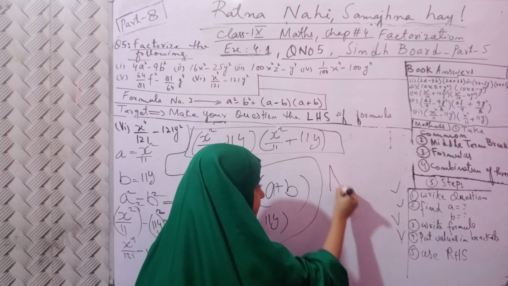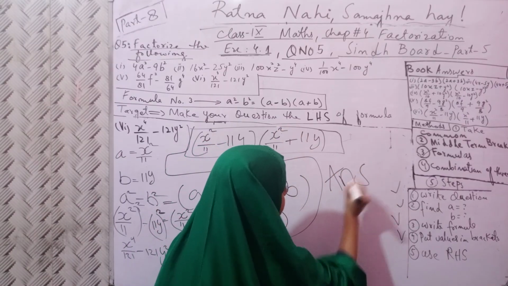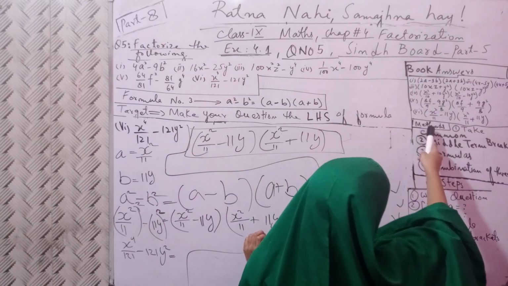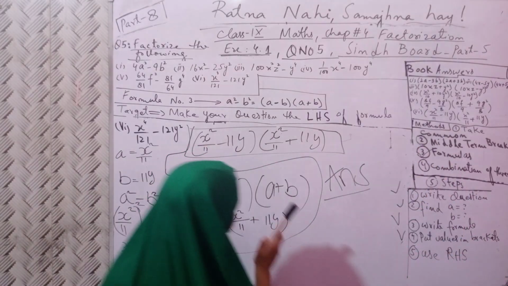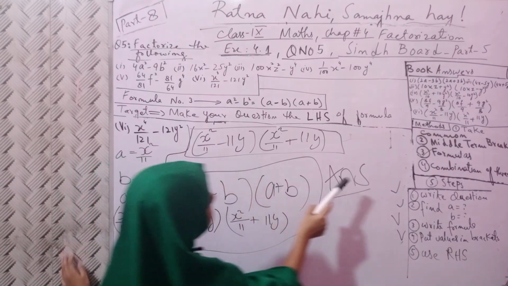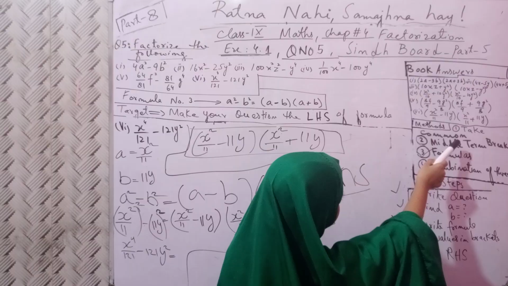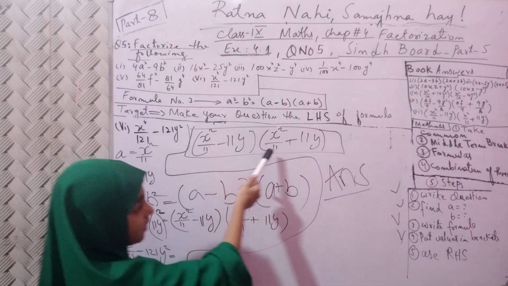your answer. The book answers are written. You can check it. First of all, x square 11 minus x square 11 minus 11y, x square 11 plus x square 11 plus